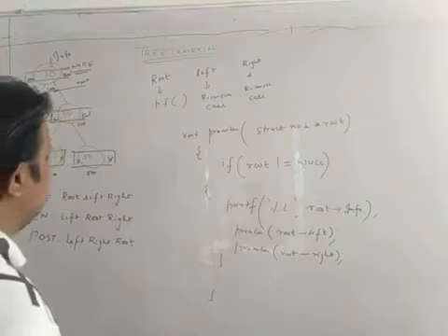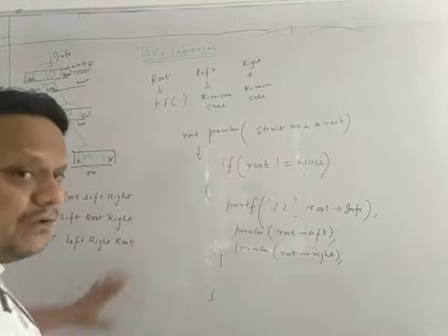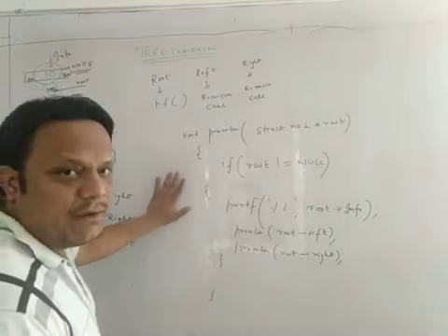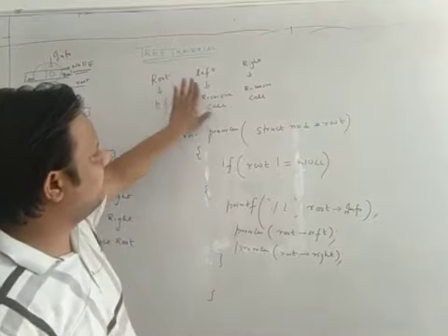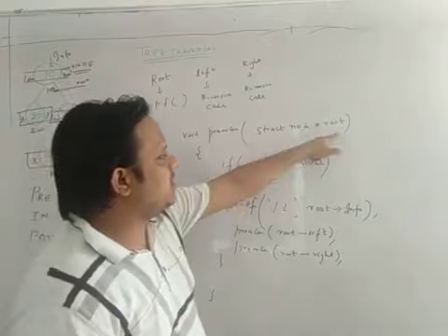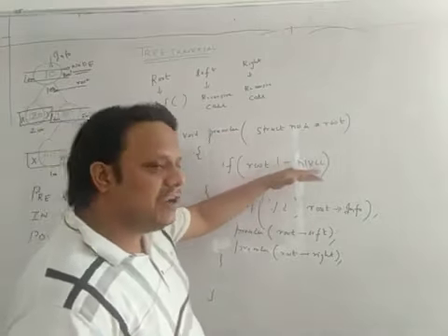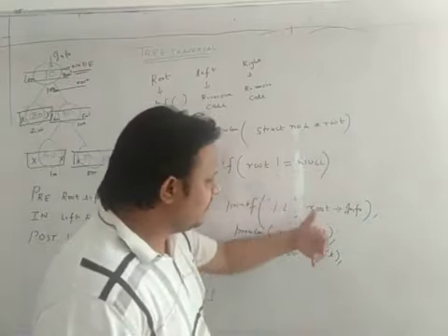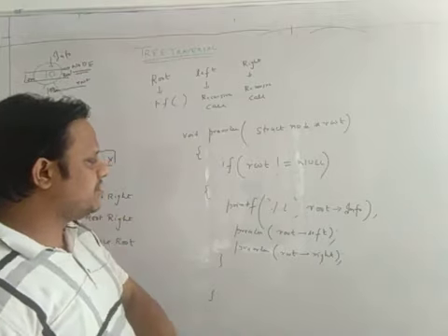How are the things coming? So far so good, right? I don't think you have any problem in this. So root means printf, left means recursive call, right means recursive call. So we write a function void pre-order. I have passed the root as a parameter. So if root not equals to null, it means if my tree exists. If the tree exists, then traverse the tree in this fashion.